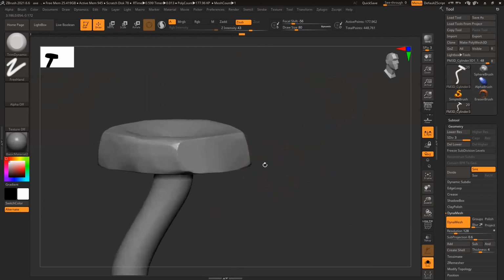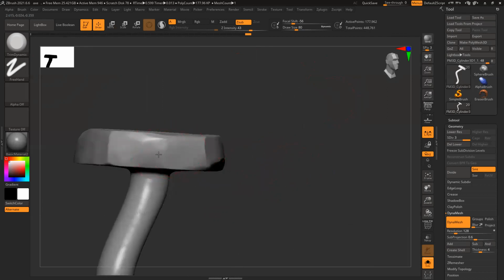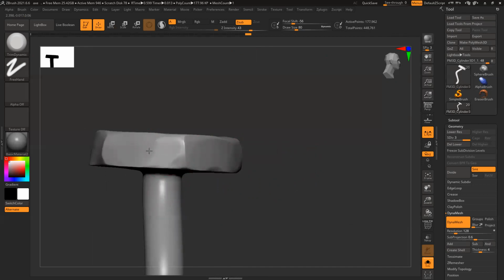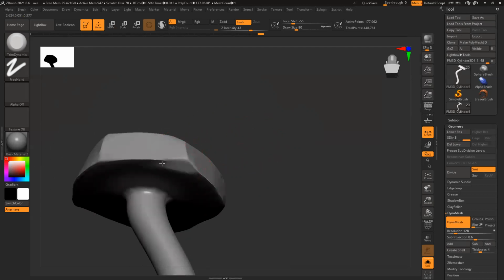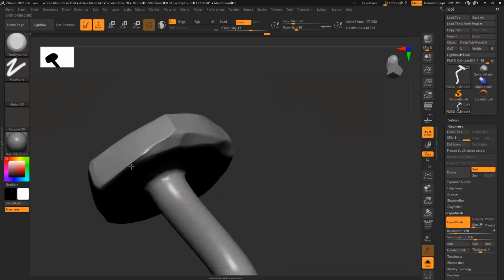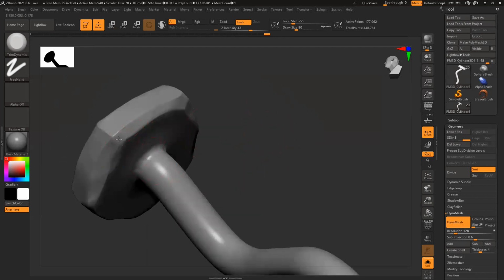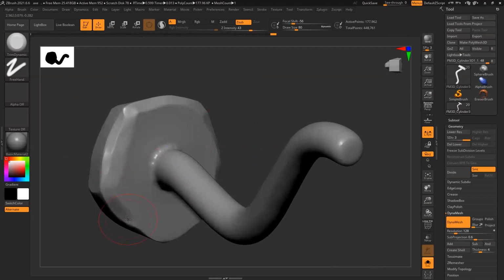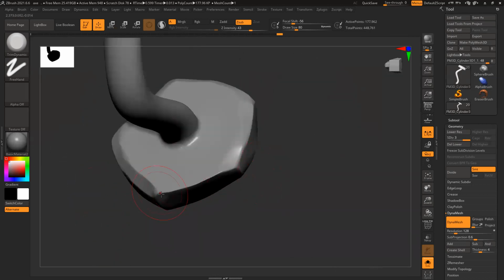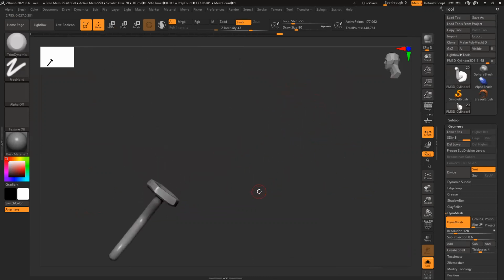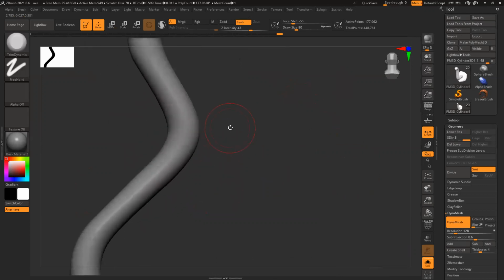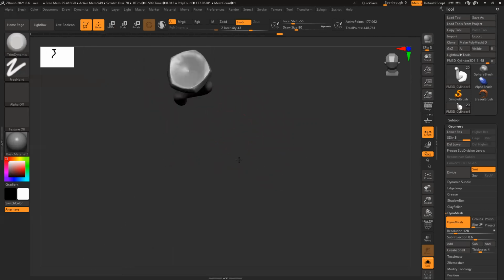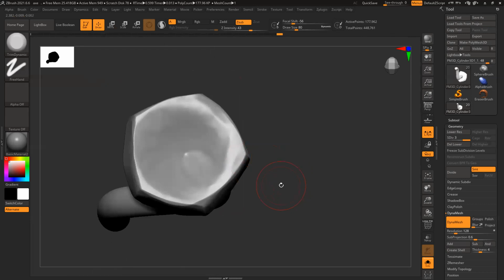Make this surface nice and angular. So you can see my basic thing is almost ready.